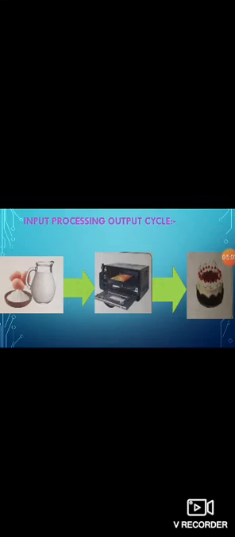Okay, so this is one example, and another example is bread. Okay, you give the input, then you put this bread in the toaster machine. Okay, so processing is done, and then you get the output as toasted bread. Okay, so the next example is we give the input as dirty clothes into the washing machine. Okay, so the washing machine cleans your clothes. So this is the processing, and you get the output as clean clothes. Correct. So all these examples are the input, processing, output cycle.